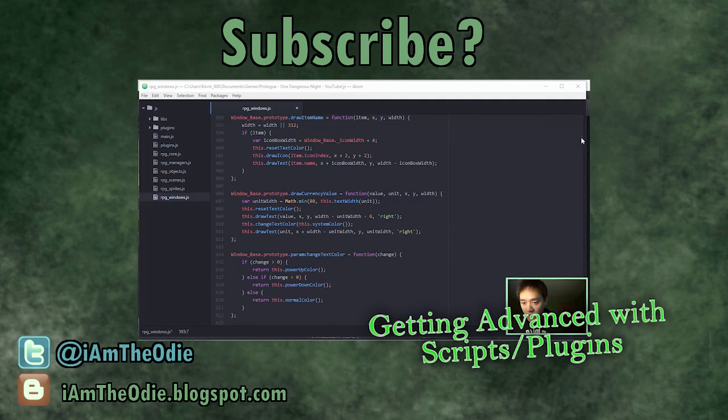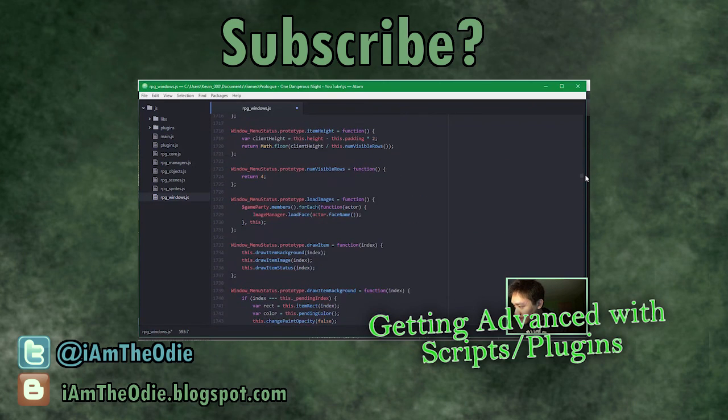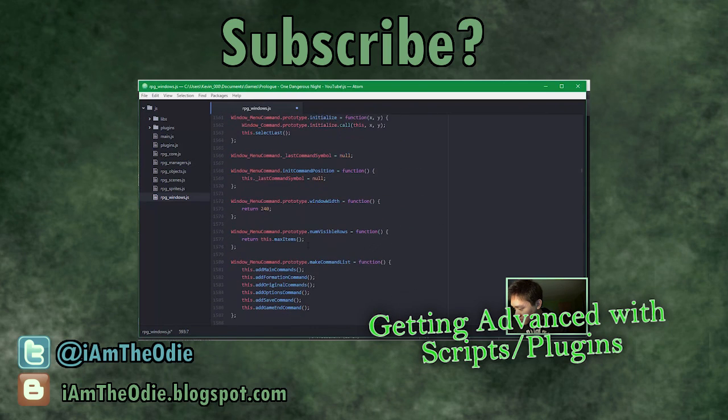So next up, we're going to go to line 1582. So all the way down. And this here is where we add information. Well, I'm going to get rid of that. Original commands is if you knew how to use JavaScript and you added in your own menu commands such as items, skills, etc. Okay? So we're going to go